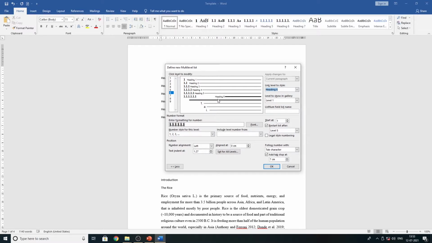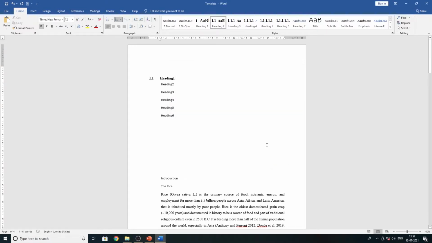See, too much difference here. I have to remove this difference from here. I have to delete this thing and 1.0. I'm keeping default here 1.27. We'll see later. After finishing this, I'm going to hit OK. Okay, so all your created heading styles, you will look at them here. You will find here all heading styles mentioned here, 1 to 6.